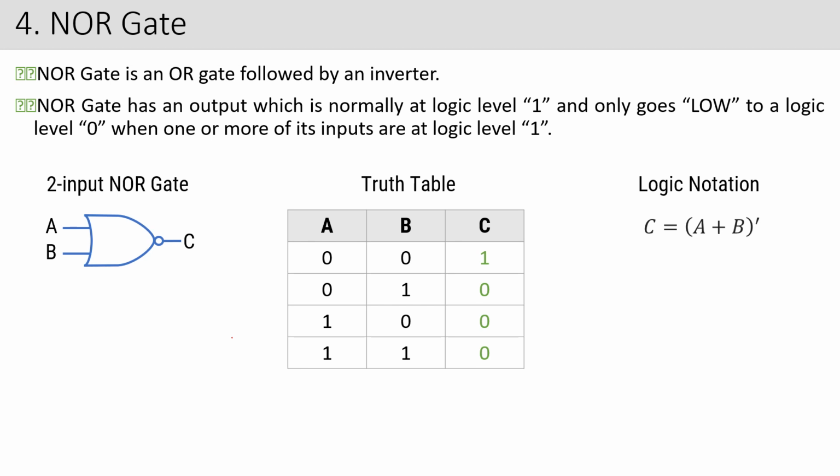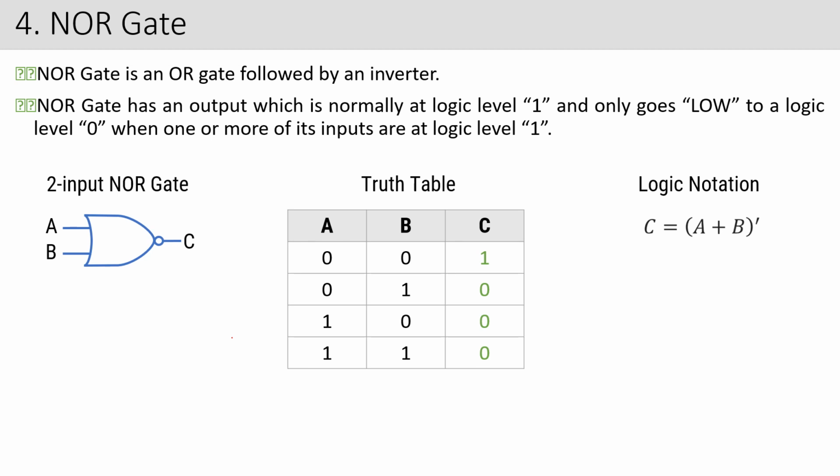Now you see for 0 0, I wrote here 1. Why am I writing 1? Because the output is (A plus B) bar. So what is 0 0 in the OR case? It is 0, but it is with complement, so you will get 1. For 0 1, the OR gate gives 1, but I'm inverting it, so I'm going to get 0. For 1 0, in the OR gate you are supposed to get 1, but when I feed it onto the NOT gate, you just have to invert it.